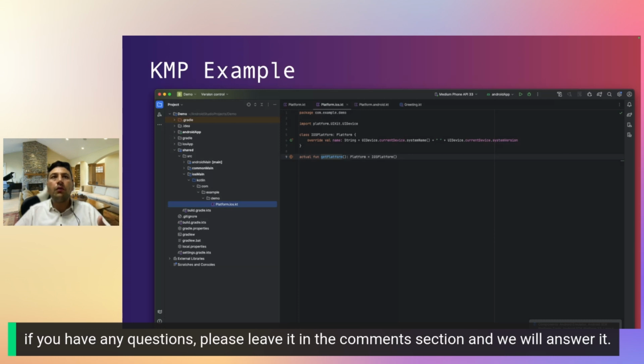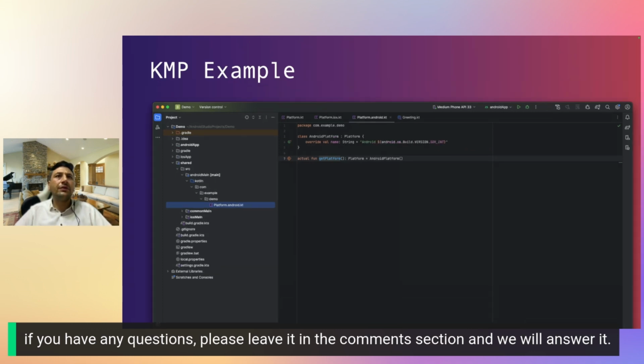And here we are overriding the name. And in the actual implementation, we are returning the instance of the iOS platform. So as I mentioned, it is like having interfaces: you have one interface and you have different implementations of that interface. So this is for the iOS,